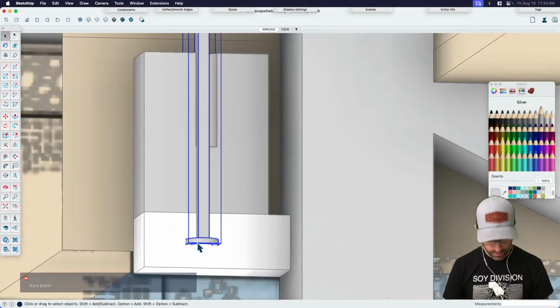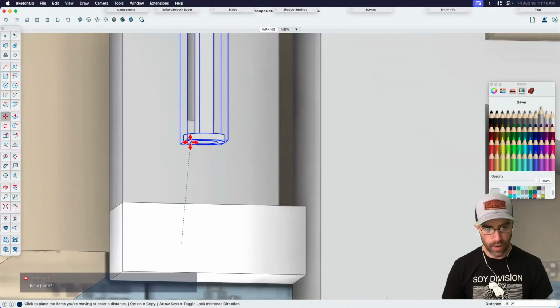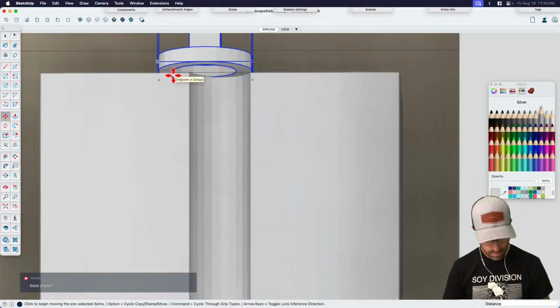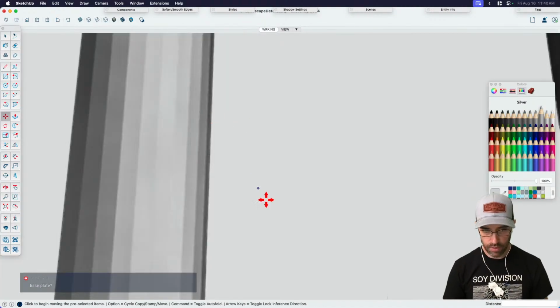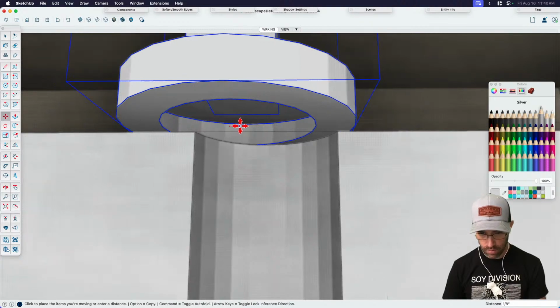Or what I would do instead is actually figure out where I placed it, where the footing is, because where I drew the footing would actually be. Sometimes it helps to go into perspective mode for this. And then I kind of go over,